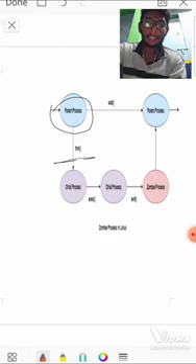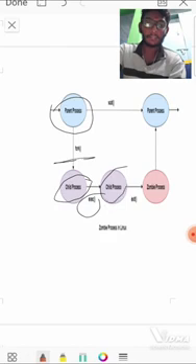The child process then calls the exit function, and the zombie process will occur. The parent process can also call the wait system call.